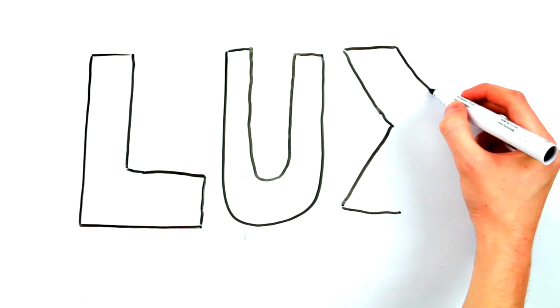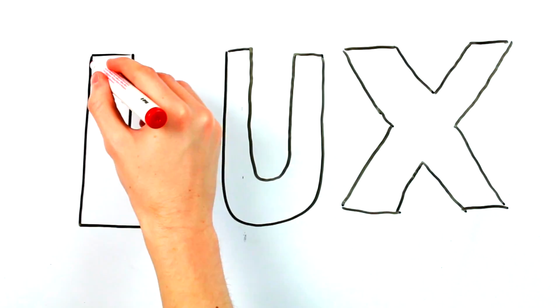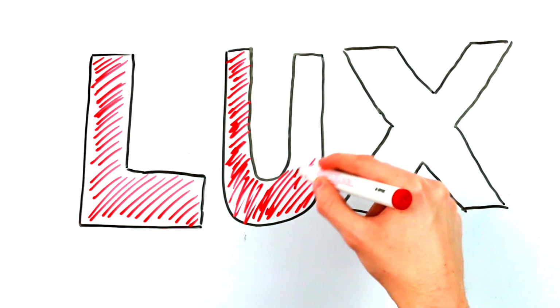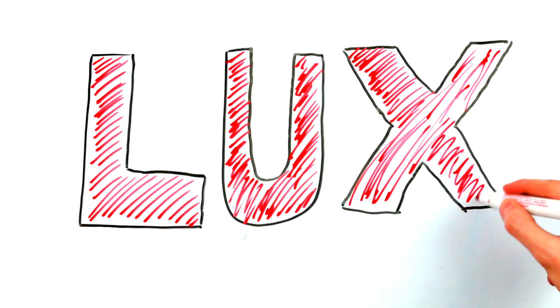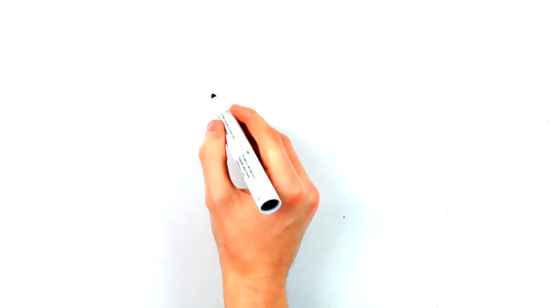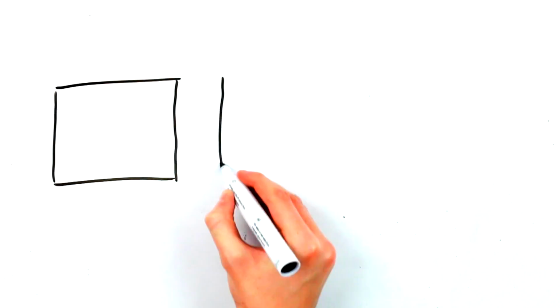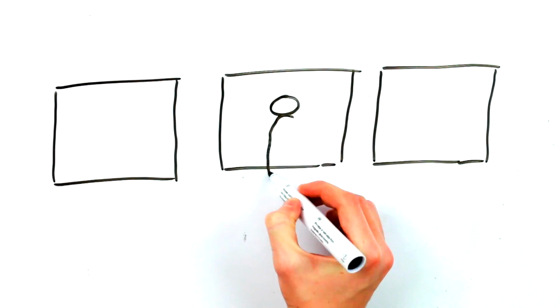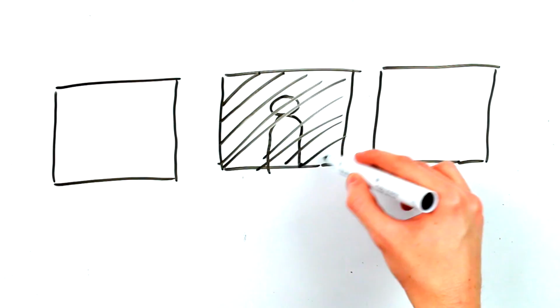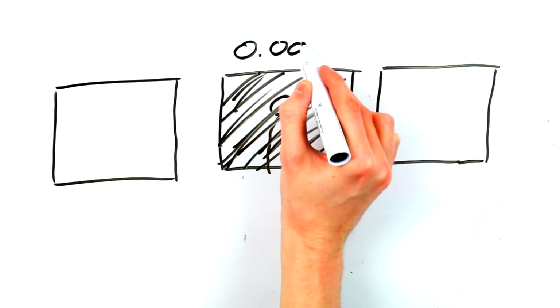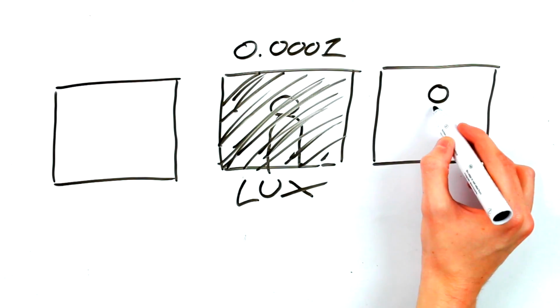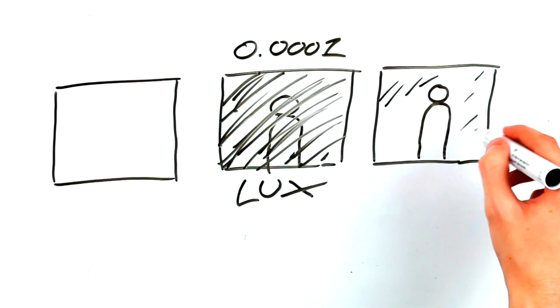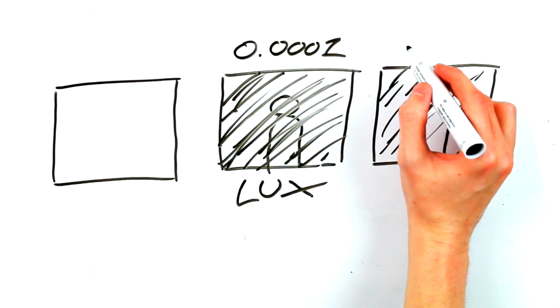Lux. Lux is a unit of measurement used to measure the amount of available light in a specific location, and with IP cameras it is used to illustrate the smallest amount of light required for your cameras to still capture an image. To give you an idea of how the scale works, an overcast night lit only by starlight registers as the lowest measurement at a tiny 0.001 lux. At the other end of the scale for IP cameras is a clear night sky illuminated by a full moon, which tops out at about